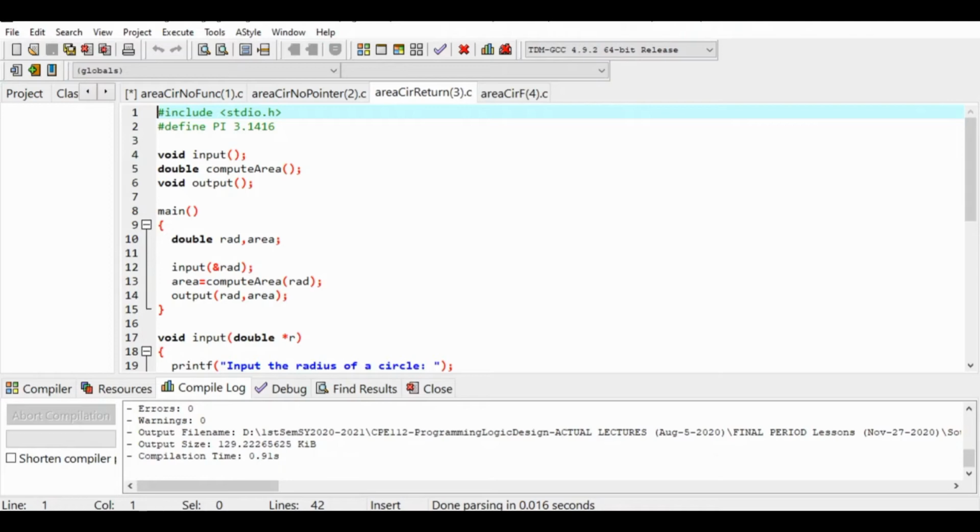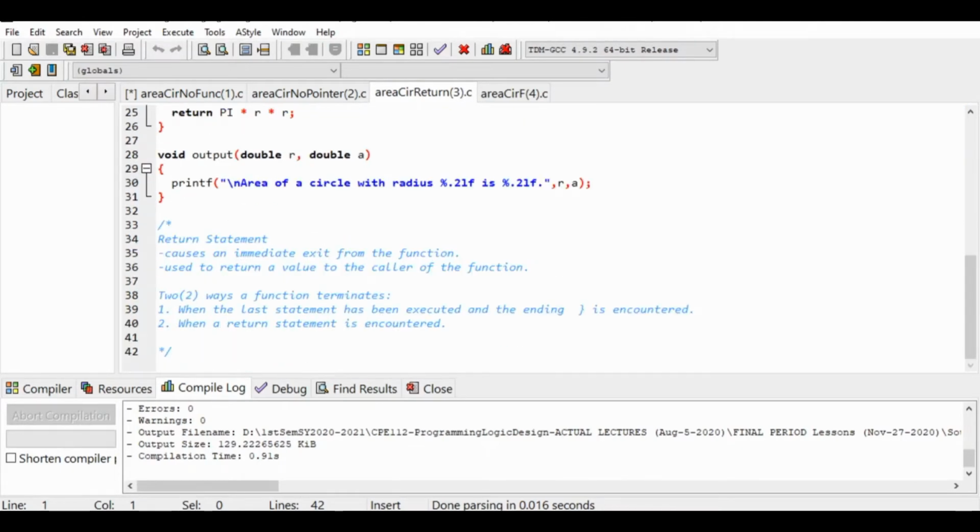This time, we use the return statement. So what is a return statement? It will cause immediate exit from the function, and this is used to return a value to the caller of the function. So again, remember that there are two ways a function terminates, and these two ways are: first, when